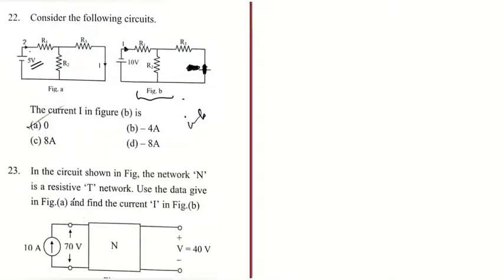Comparing to figure 1, when it was 5 volt, it was 2 ampere current. Okay, when it was 5 volt, it was 2 ampere. When it is minus 10 volt, actually the terminal is reversed here, so it will be minus 10 volt. The current will be minus 4, right? So here, due to the 10 volt source only, the current is minus 4. Okay, now I am going to consider the next voltage source only.